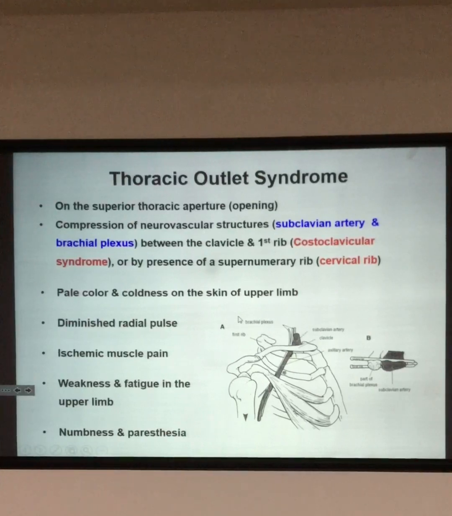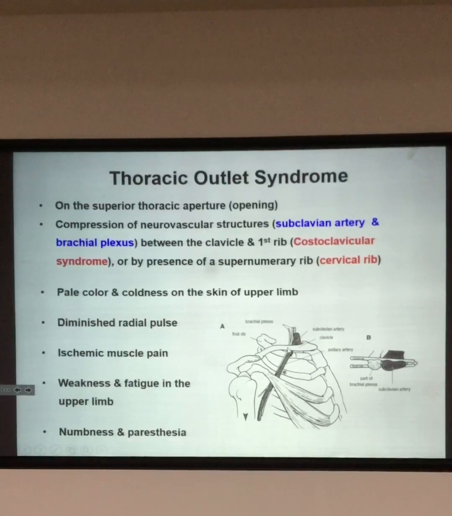اوكي هذا كونجينيتال انومالي، في عندك برضه كونجينيتال انومالي انه في سيرفيكال ريب، فكانوا جايبين لهم سيرفيكال ريب وعامل برشر. بيعمل برشر على ايش؟ على السبكليفيان ارتري، على البريكيال نكسس، على النيرفز اللي رايحه للأبر ليم، فبصير ويكنس في الأبر ليم بسبب النيرفز، ونمنس هذا بسبب النيرف. وبصير لوس اوف بلاد سبلاي، بتقل كميه الدم فبصير بيل وكولد أبر ليم، ثوراسيك اوتلت سيندروم صح؟